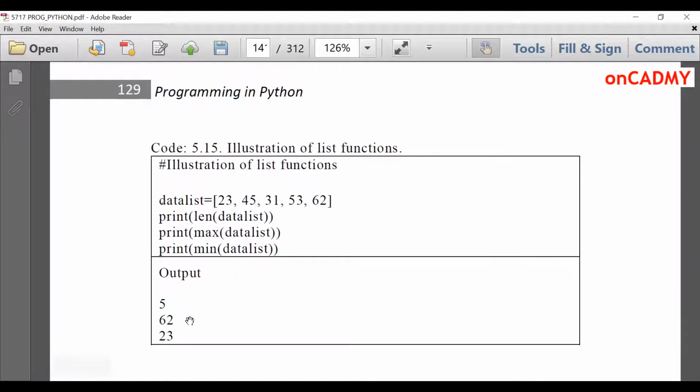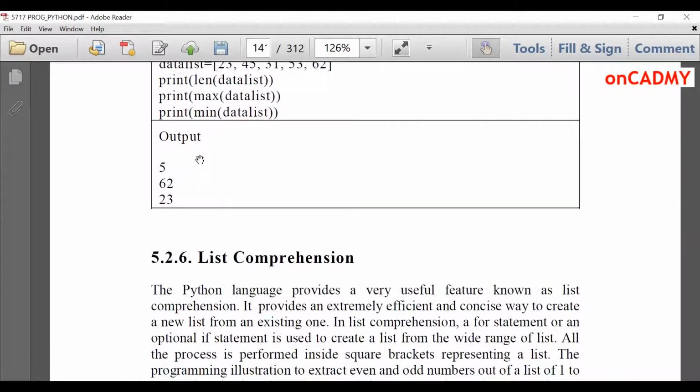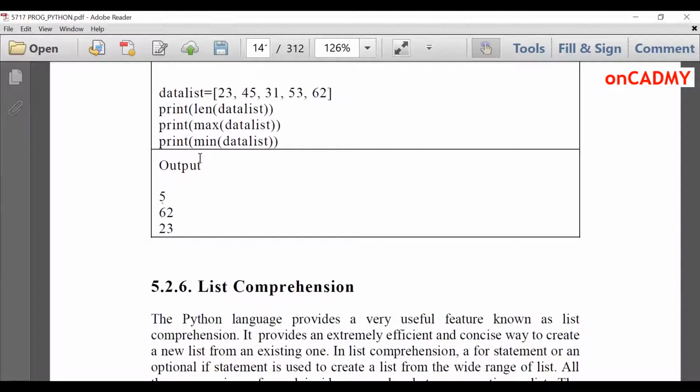Min of data list, 23 is the smallest element in the list. So this is the output of the functions which we have used so far. You also see that we have used these functions directly without using the dot operator. In a function, the data list is put as an argument, whereas in methods, data list dot method name is used. So this is the difference between a function and a method.